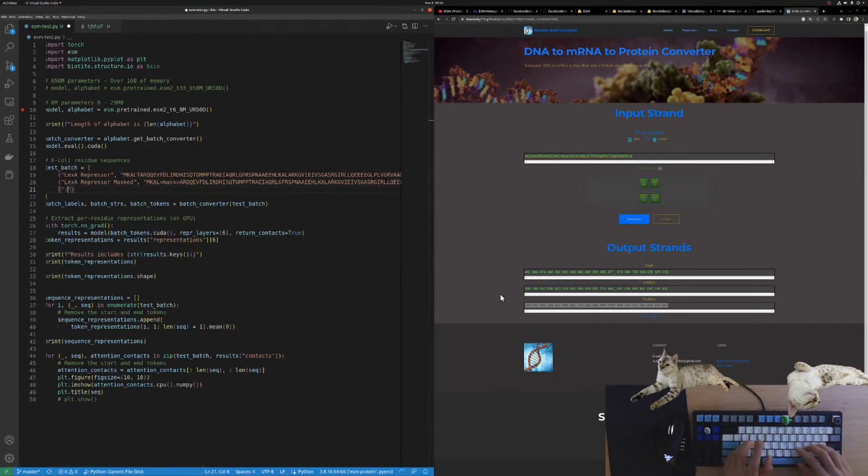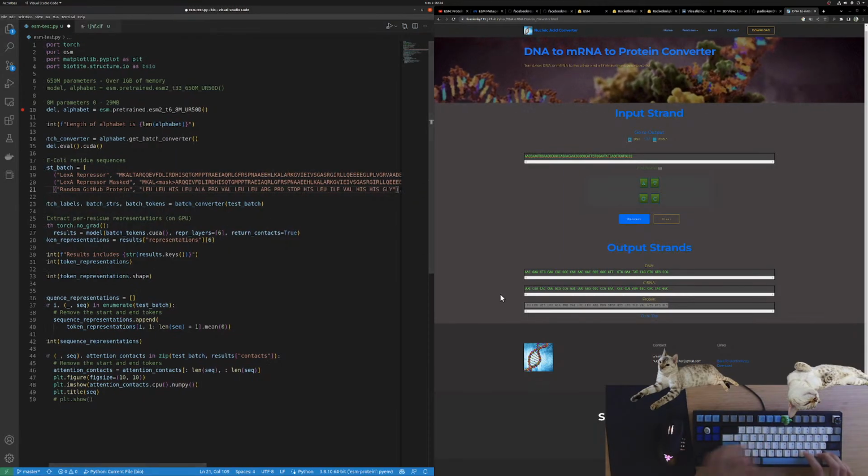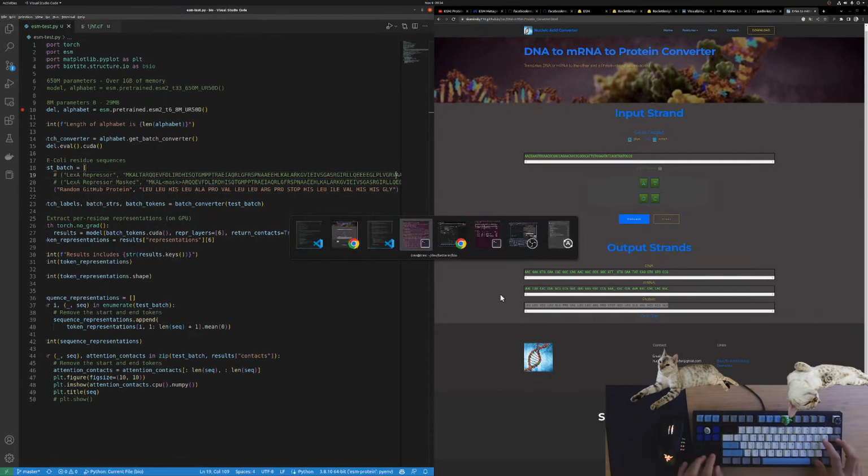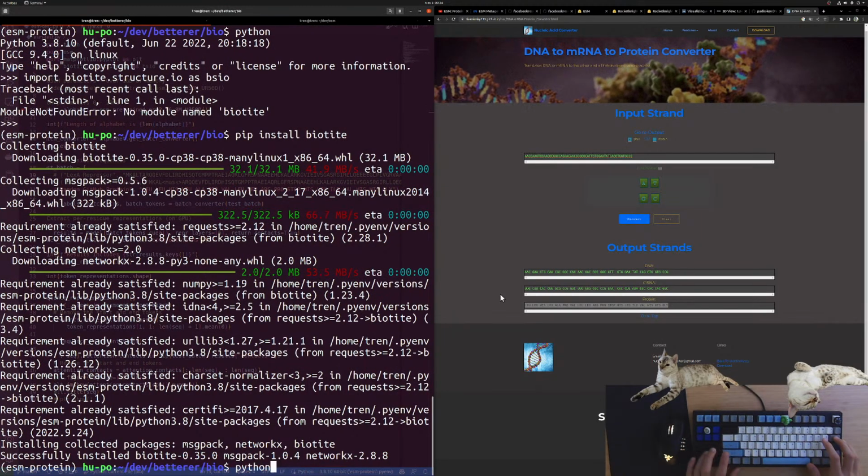So we're going to say random GitHub protein. We're going to put that in there and see if we get an error here. It doesn't look like it's quite the same, but